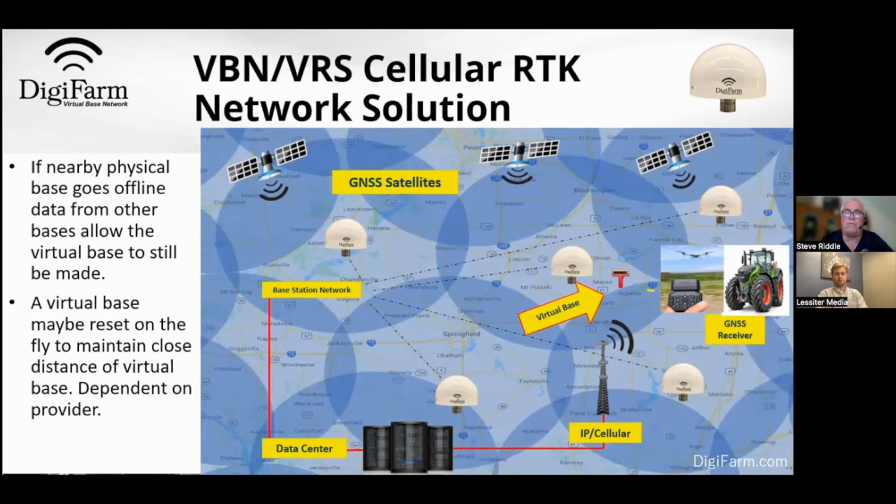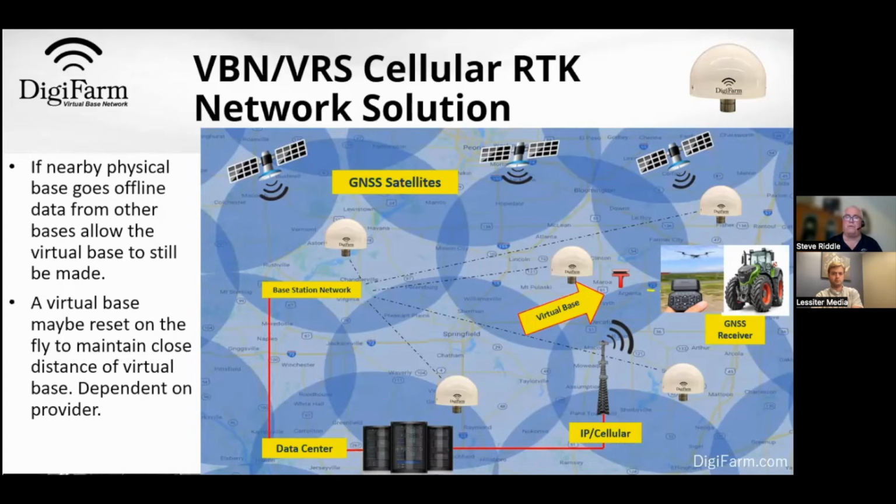The other thing with a virtual base, I know some providers can. So it's created at 3 miles when a session is initiated. Now, if you complete a field and take off and drive to the next field and you don't cycle power on your GPS system, that distance will continue to grow. Well, I guess we don't know which direction you're going to travel, but you could be even driving closer to it. But if you are driving further from it,